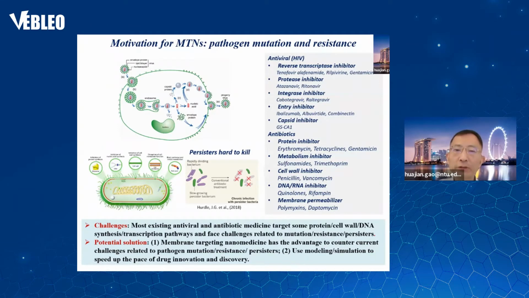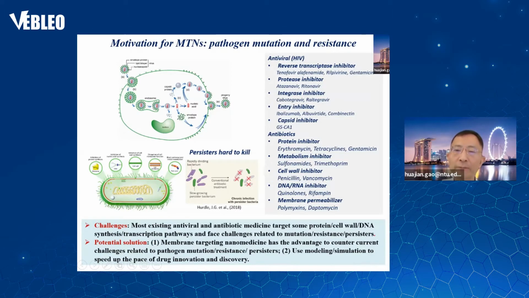And the potential mitigation strategy is: can we develop a nanomedicine that targets cell membranes? Because the membrane is a highly conserved component of bacteria and viruses, and they undergo very slow evolution. So once you can selectively destroy the membrane of a virus or bacteria, then it's very hard for them to get out of it. So this membrane-targeting nanomedicine has the advantage of countering the challenge of pathogen mutation